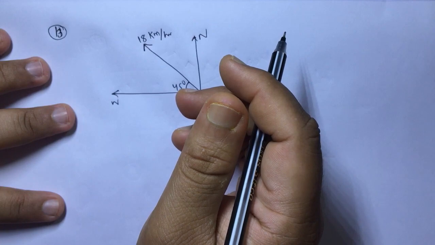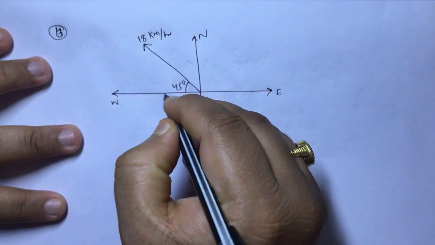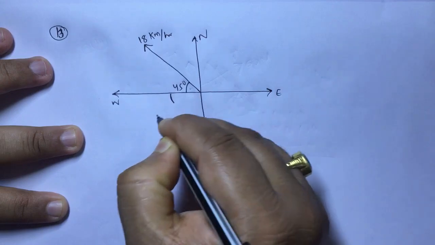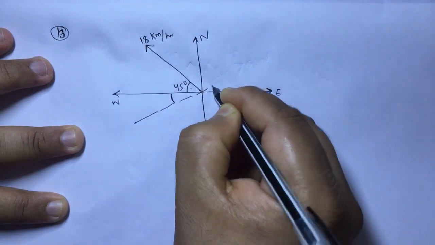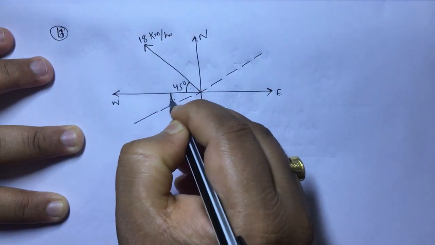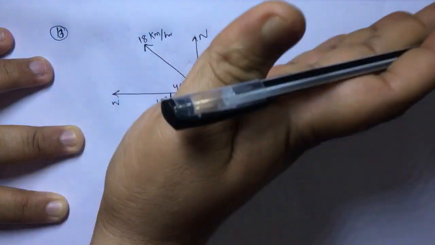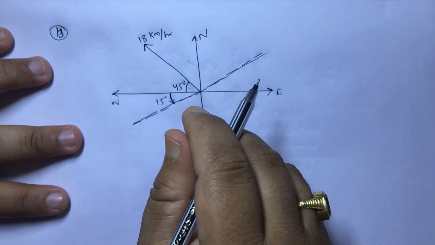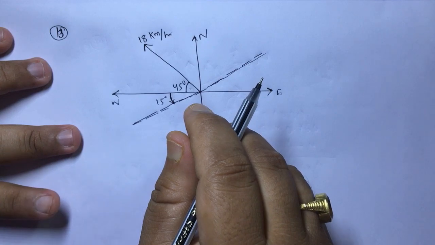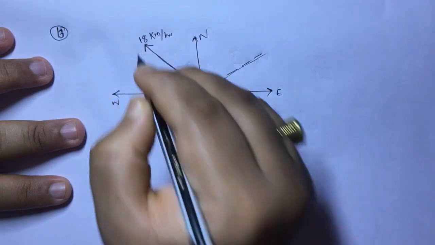Okay, the shoreline is making an angle of 15 degrees south of west, which means from west you move towards the south by an angle of 15 degrees. So this is the river or shoreline of the river. The question is, obtain the component of the velocity of the boat along the shoreline and perpendicular to the shoreline. Again a very simple question. This is the velocity vector.